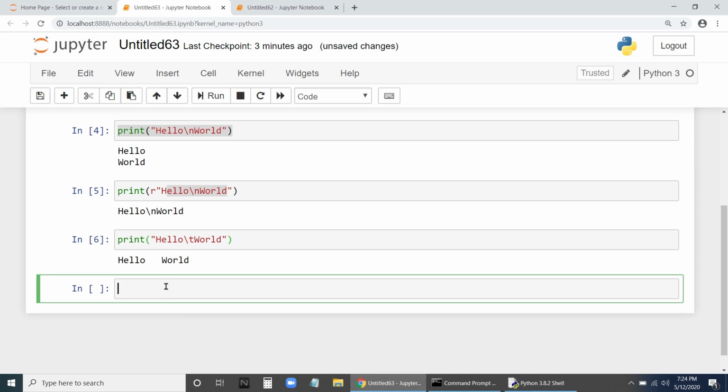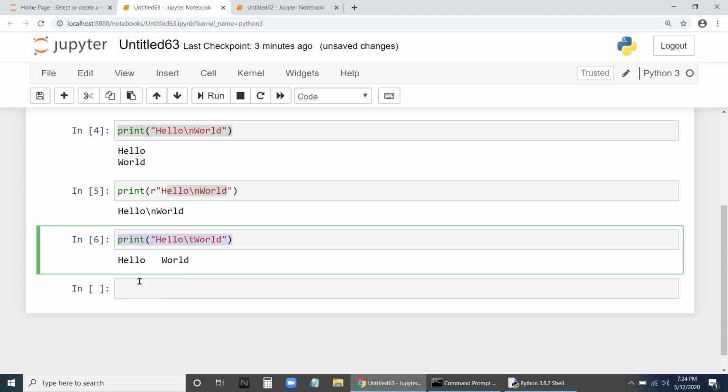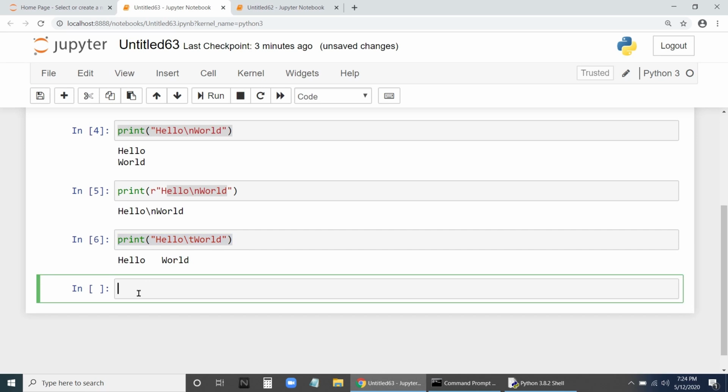Now let us see. I'll copy this one here. Hello world \t. Then I will say here \n, how are you? What do you think will happen? This \t tells to put 7 character spaces between hello and world. \n, this escape sequence, tells that how are you should be printed in the next line.